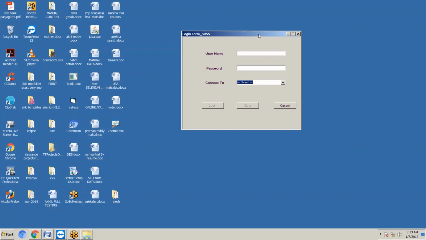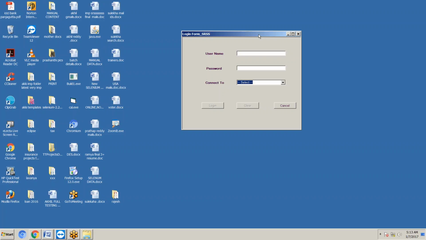After entering username and password, if you click on login, the corresponding page must be open. After clicking clear, all the fields must be cleared and the cursor placed in the username field. After clicking cancel, the application must be closed. These requirements are given by the customer.